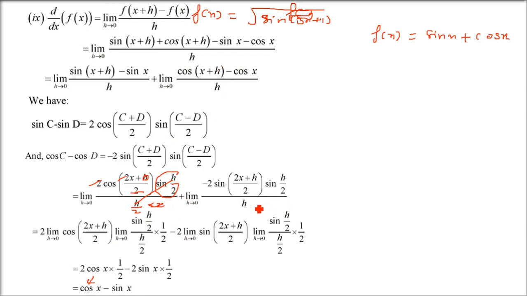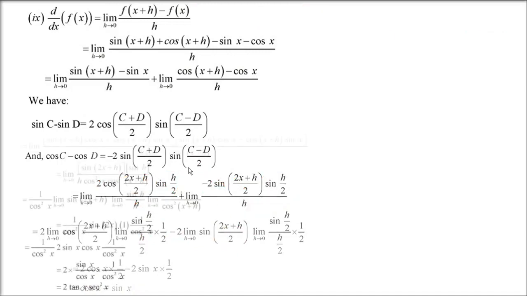Now here sin h by 2 is there. So we just have to worry about this. Divide by 2, multiplied by 2. And this is going to be 1, 2 gets cancelled. So only minus sin x will come, since h is 0 and 2 gets cancelled. So this is minus sin x and the previous one was cos x. Cos x minus sin x will come. So this is the final solution of this one.